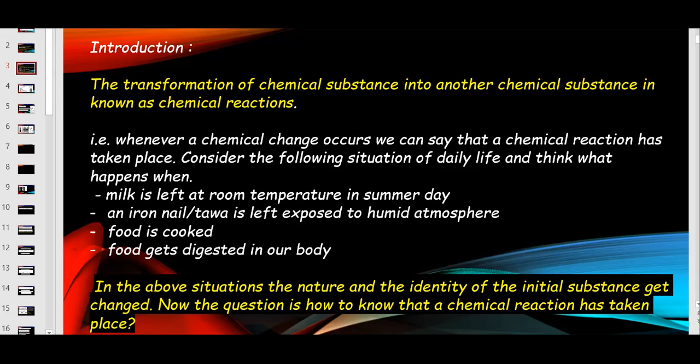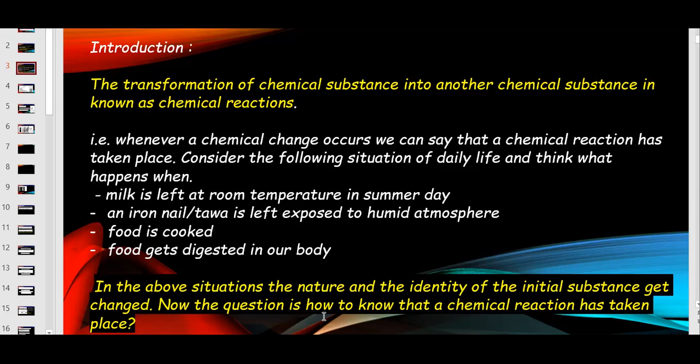Food is cooked. When food is cooked, of course, it will become a bit soft, right? Food gets digested in our body. When it gets digested, you know how it is going to change. If we are eating a carrot and chewing it, obviously some reactions take place in our body and it will change. Some acids will be added to it. So many things are happening in our digestion, in the stomach.